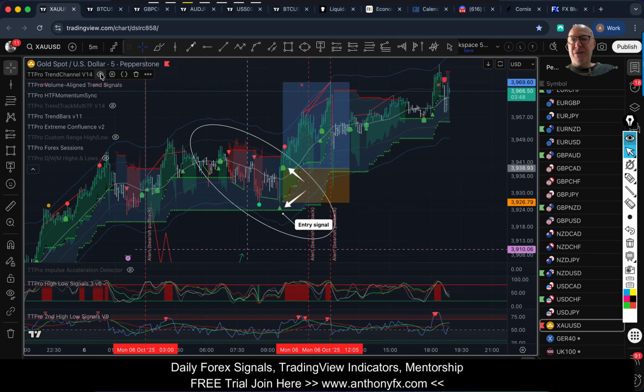The settings, you're going to be looking to set the stop loss on that green right there. You've got the trend channel, and you can see little green dots where my bottom arrow is. So that's a stop loss level as well. But I like the channel. It kind of gives you a bit of direction with the trend, right?